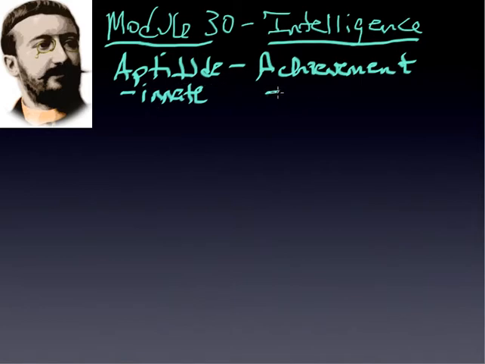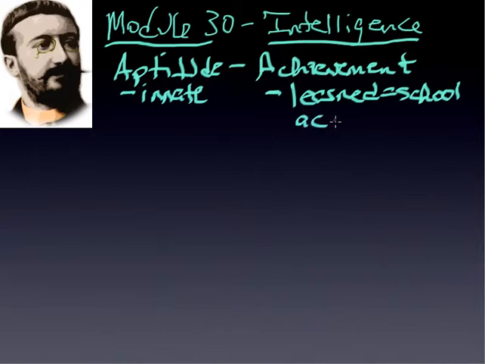On the other hand, achievement really has to do with learned capacity or learned abilities or learned content, if you will. So usually what this turns into is academics or school learning,